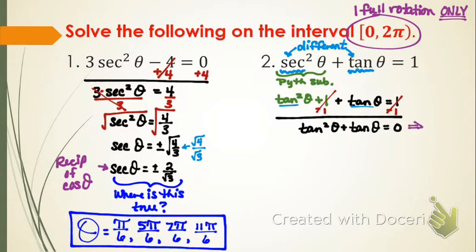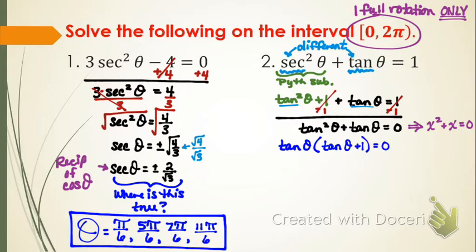So I'm going to kind of think about this as if it said x squared plus x equals 0, because I have something squared plus something just like it equals 0. What can I do with x squared plus x equals 0? I can factor an x out. So here I can factor a tangent out. Let's factor a tangent out to the front. So tangent of theta, what would that leave me with? Tan theta plus 1